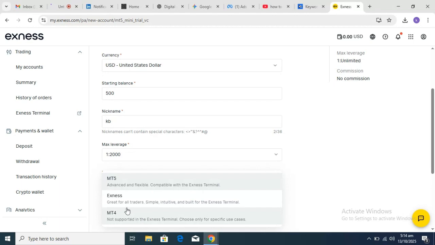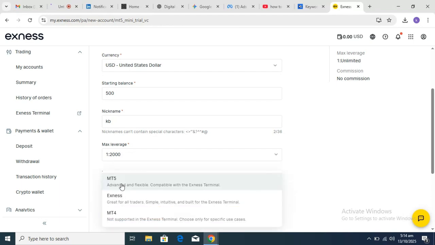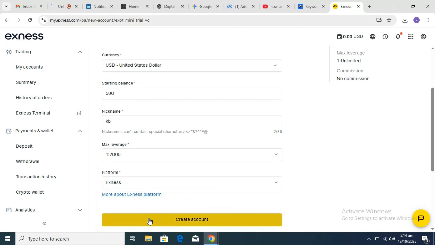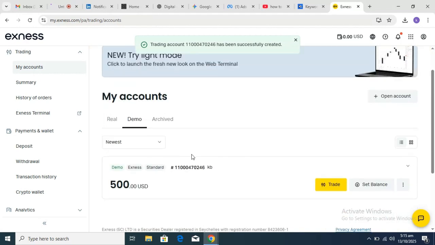I just want to trade on Exness. You can use MT5 if you want, but select your platform. Let me just use Exness, right? But you can still use MT5 or any other platform of your choice, right? So as you can see, let's click on create. Let's create the account right here. So boom, our account has now been created. As you can see, I have 500 USD in my account, which I can trade, which is a demo